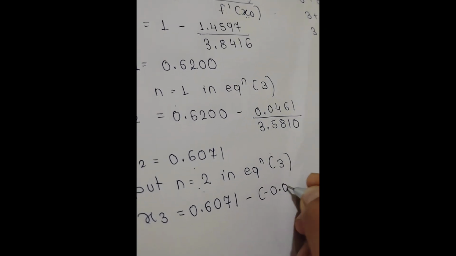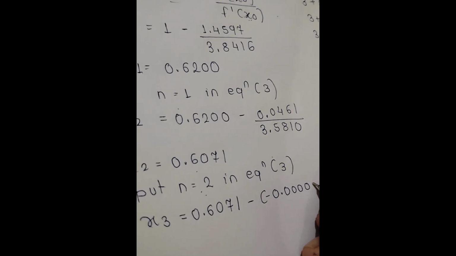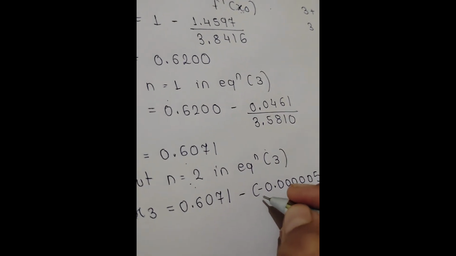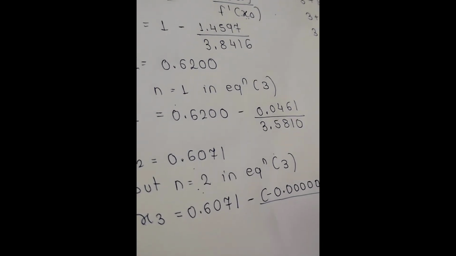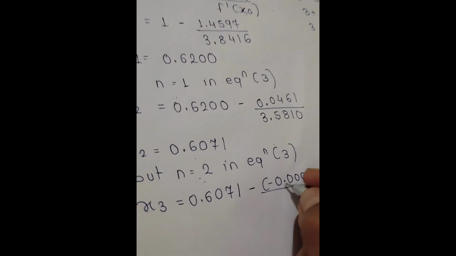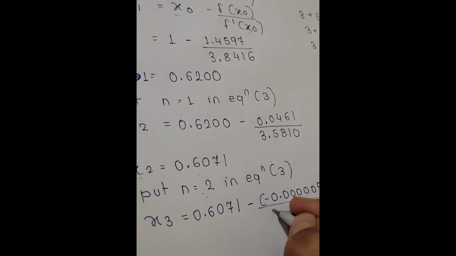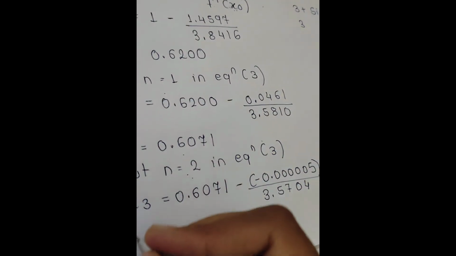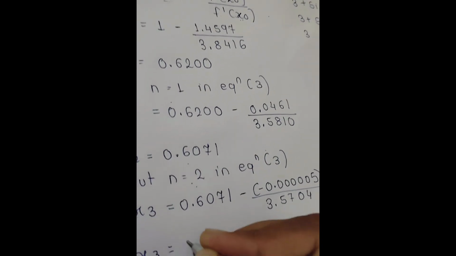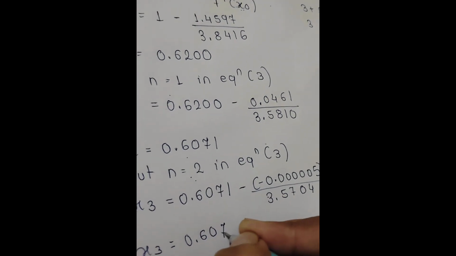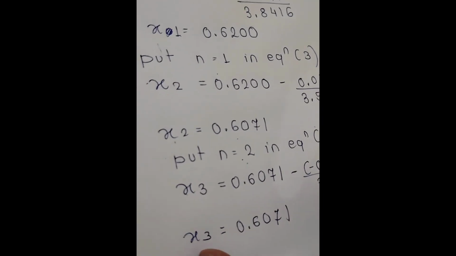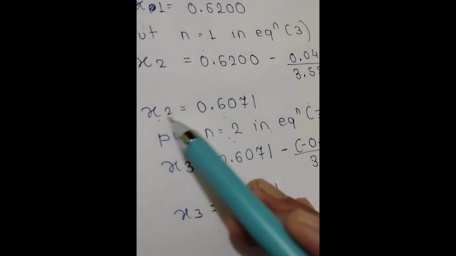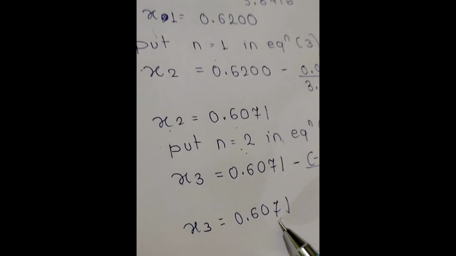Which is -0.000005, because it comes in 10 raised to some power, so we convert it. And f'(x2), the value we get is 3.5704. So while solving on the calculator, we get the answer 0.6071. So now we don't have to solve anything further, because we get the same values, as the value of x2 and x3 is the same, so the required root is